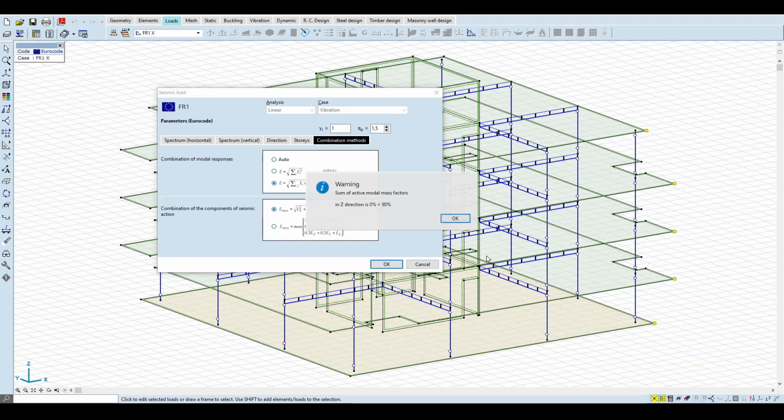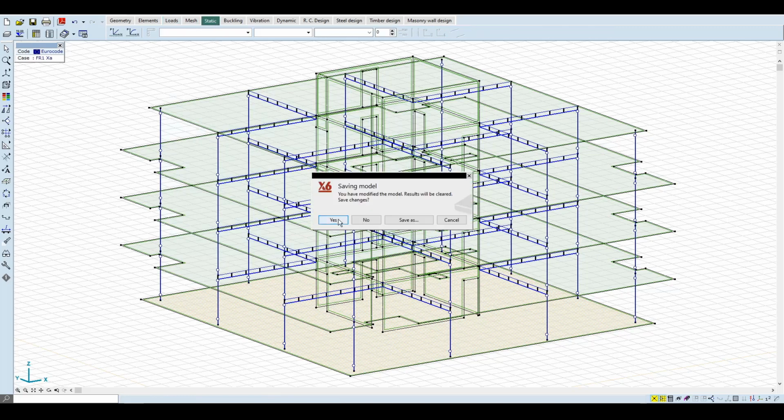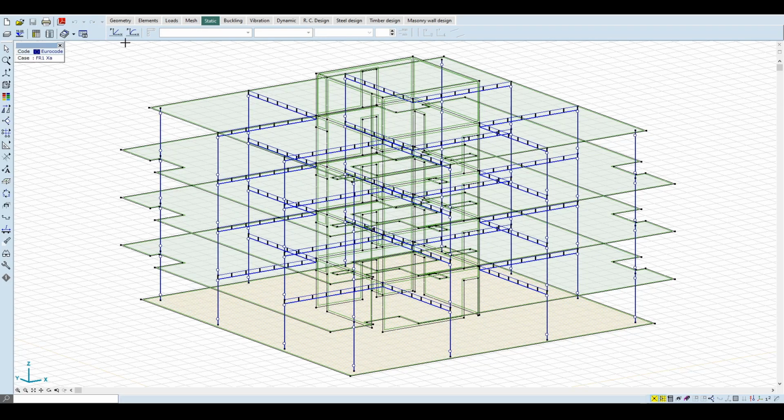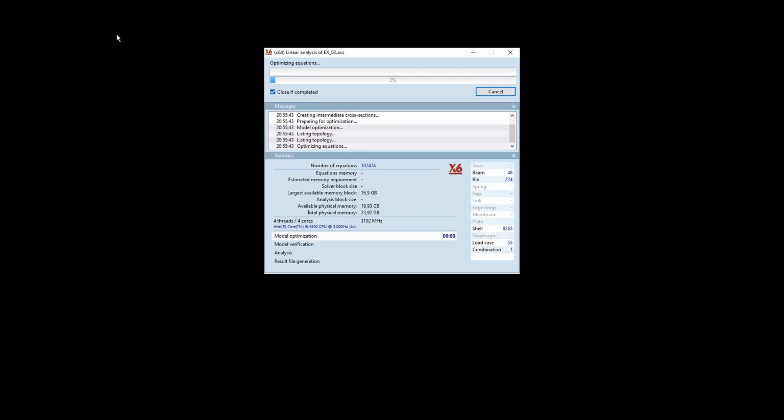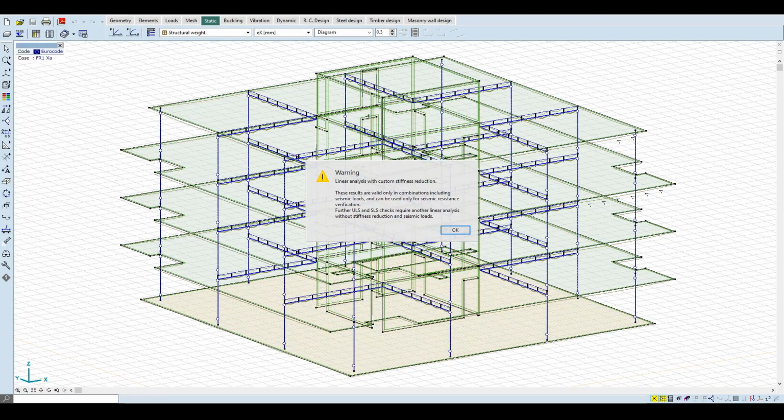After defining the seismic loads, we can go to the Static Analysis tab and start the linear static analysis. After the analysis, we get a warning message.